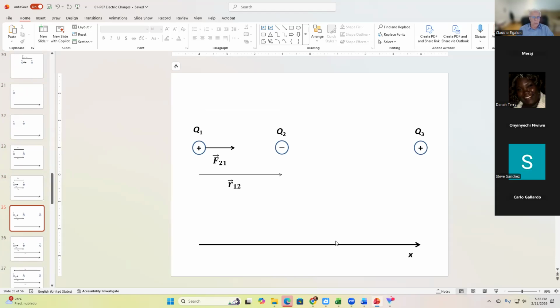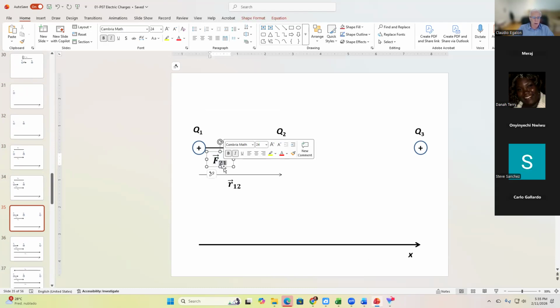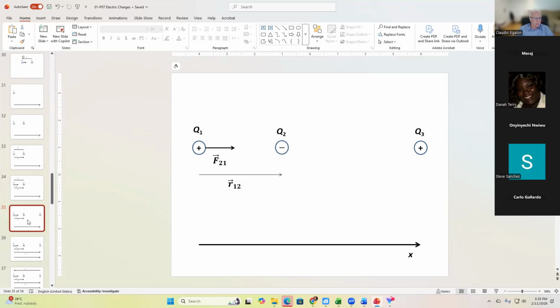And I want to know the force applied to Q1. What I showed right in here is just the force that 2 applies on the charge 1, right? That's what this notation is all about. Force of 2 applied to charge 1. But because we have this charge 3